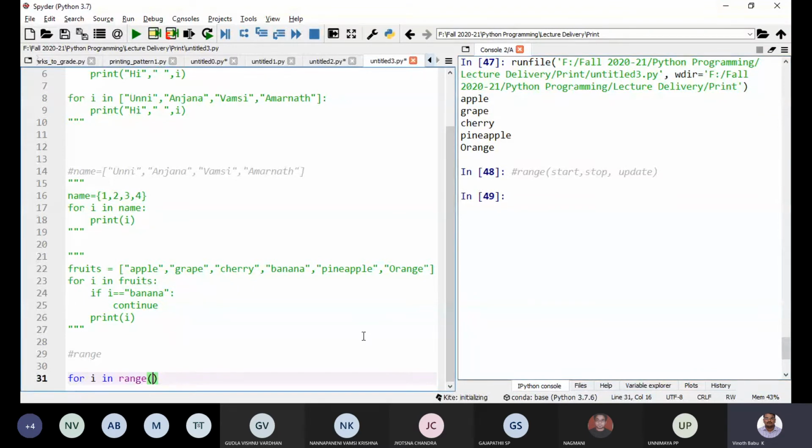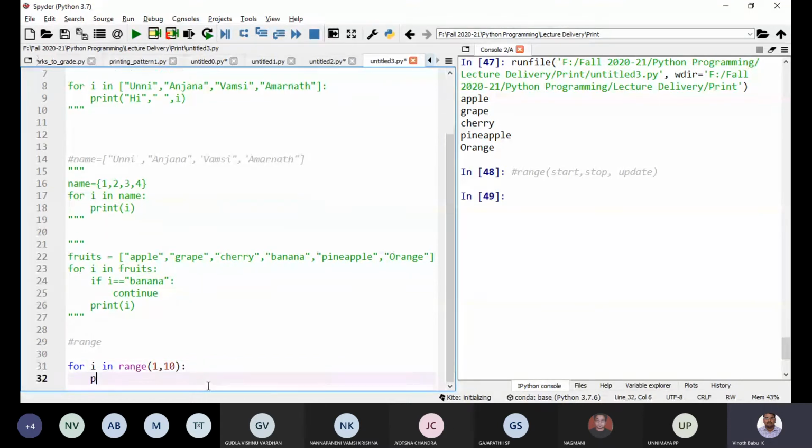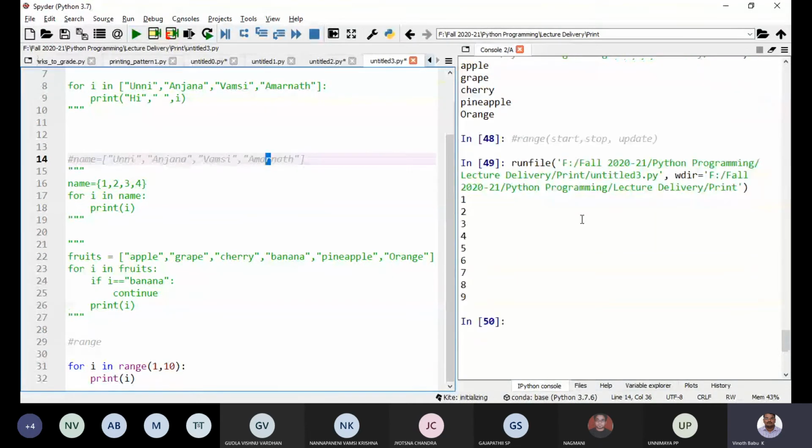Let me give start index 1, stop index 10, and I'm just printing i. So what happens if I execute the code? You can notice it starts at 1.